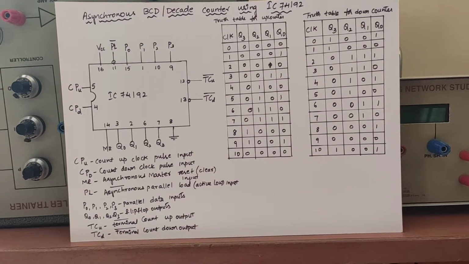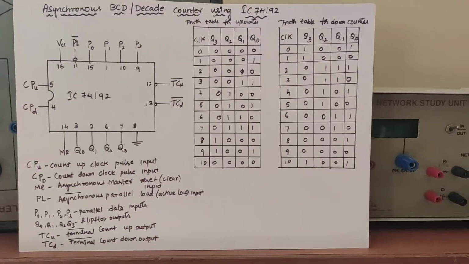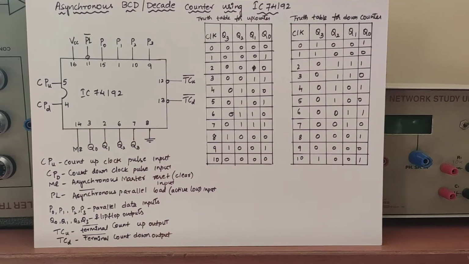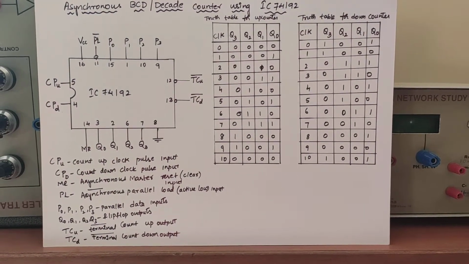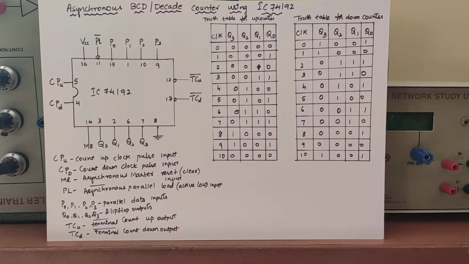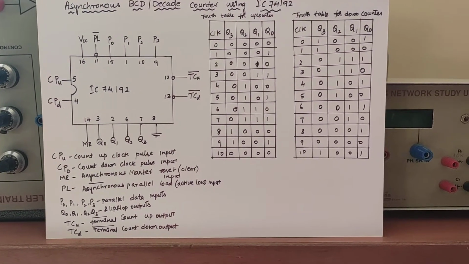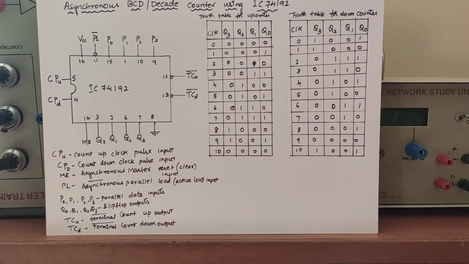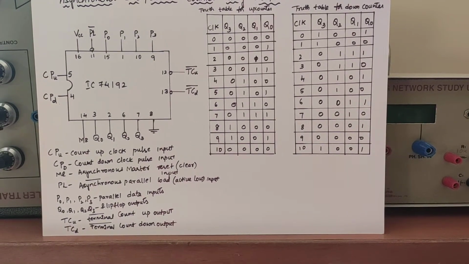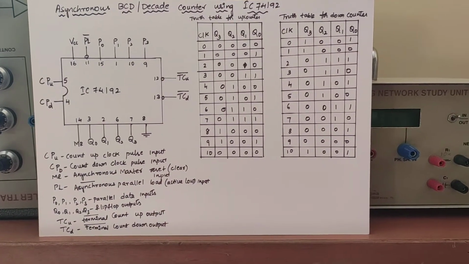In today's session, we are going to learn how to realize a BCD up counter and down counter using IC 74192. IC 74192 is a 16-pin IC which is used for both up counter and down counter. What is an up counter and down counter? It is an asynchronous counter having 10 discrete states which counts a binary sequence starting from 0000 to 1001 and again goes back to 0 and starts counting. This is called the BCD up counter and down counter.